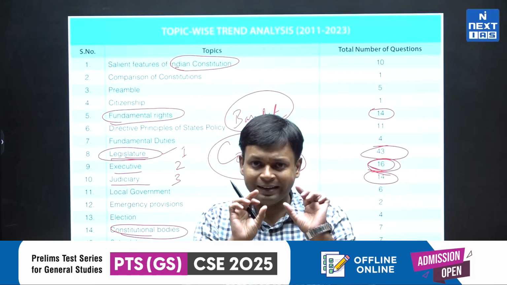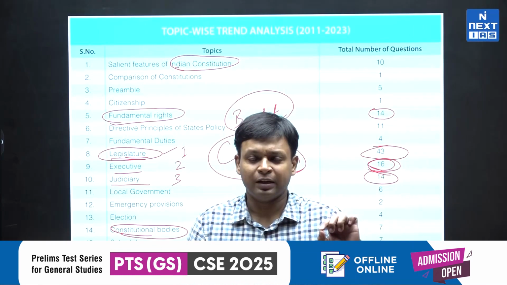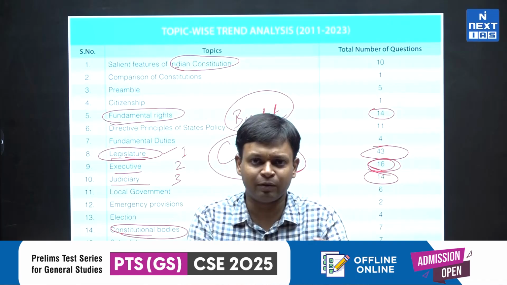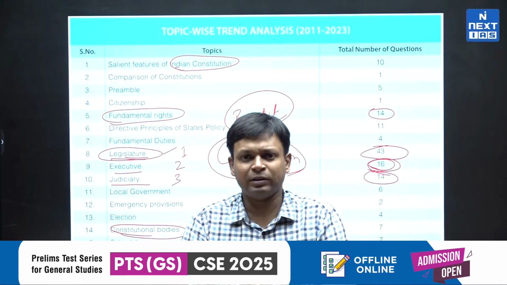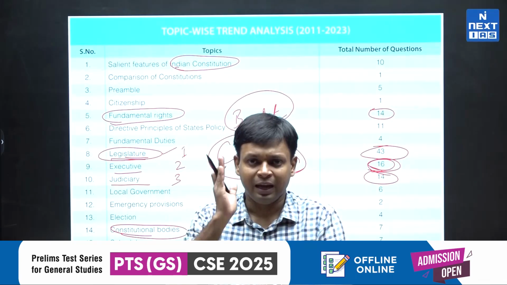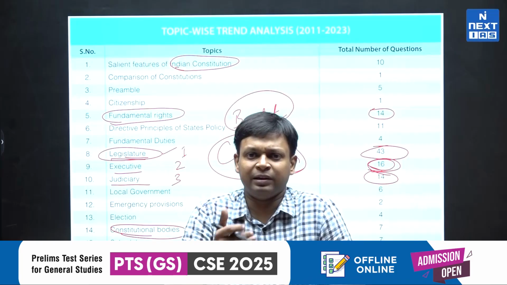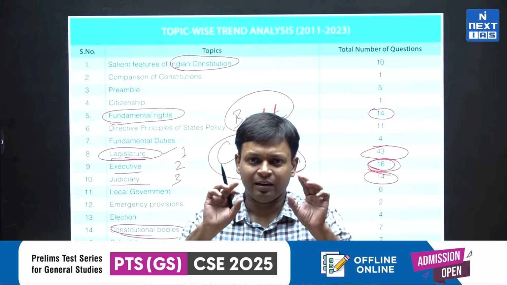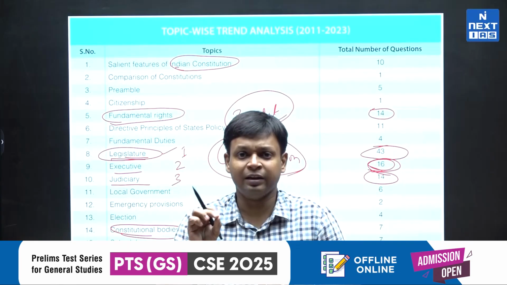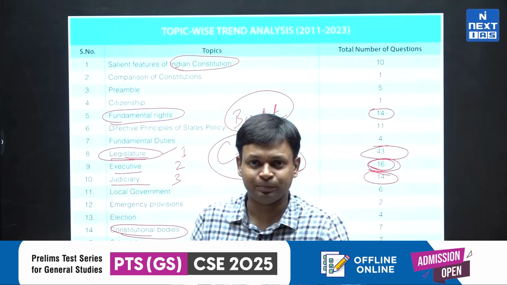Suppose you are reading these topics for the first time. Go through your class notes, go through the standard book, whatever book you are following, कोई भी extra information जो class notes में नहीं है वो आपको book में मिल गया. Go through them, and once you are done with your book and material, have a look at the Bare Act along with that, to see what is exactly written in it, so that you get clarity about every keyword. कौन सा word उसमें mention है, कौन सा word mention नहीं है, कई बार उस पर भी question पूछे जाते हैं. I will take some example of some questions also.